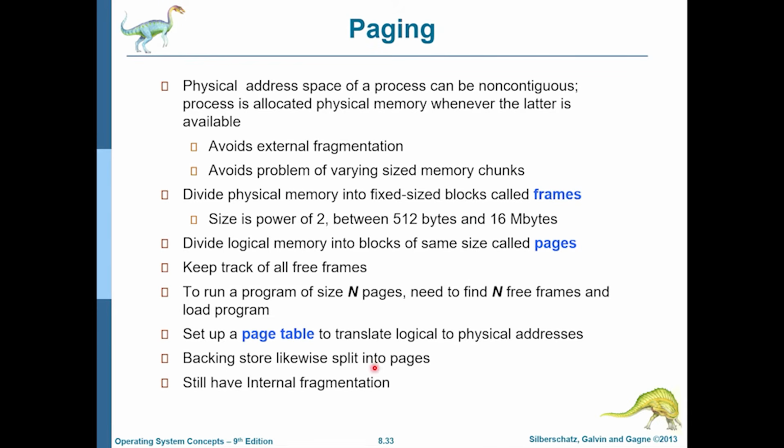But before moving on, you have to still keep in mind that internal fragmentation can still happen in paging. Now, what is internal fragmentation? We remember that if memory is divided into fixed size partitions, then it is not always necessary that the amount of memory you need for a process will be an exact multiple of the block size. So if the process takes, for example, in paging, 3 pages, and there is a little bit of leftover, then it will need 4 complete pages. Even if the 4th page is not completely full, it will still be allocated to that process.